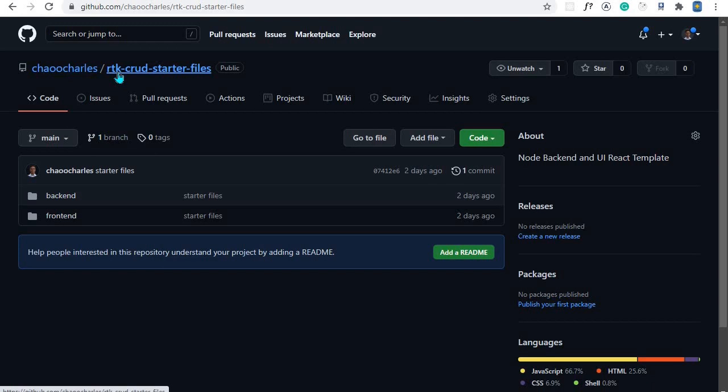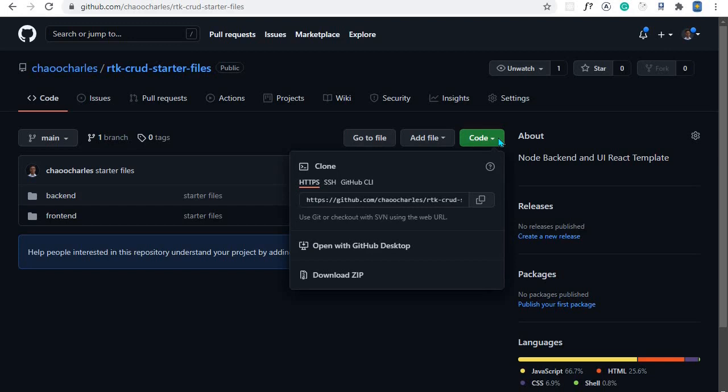Okay, so once you get to this particular page, you have several ways in which you can get the code into your machine. You can clone this repository into your machine, or you can download the code as a zip and then unzip it so that you get access to the starter files. In this case, I'll just copy this link, and then I'll clone this repository